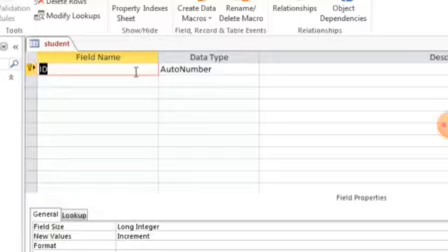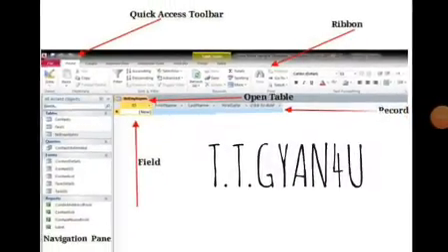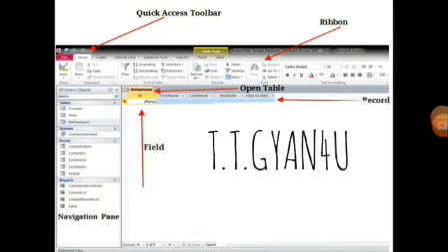Let's move on and learn the components of a database. The main components of a database are table, fields and record. Now what are fields?